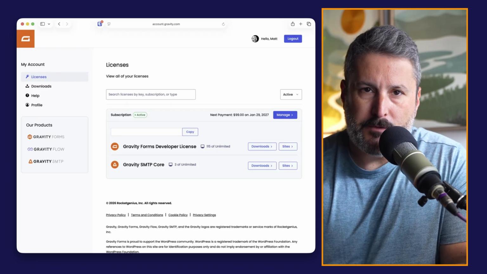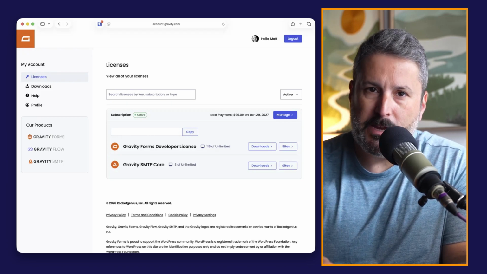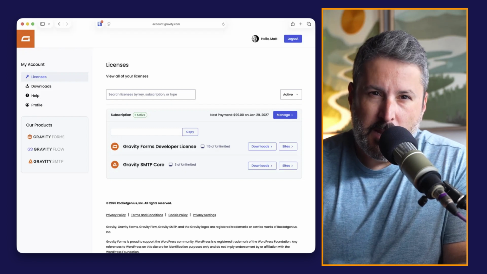And before we get to those updates, if you're an elite license holder, a developer license holder, or a nonprofit license holder, you get Gravity SMTP for free. You can download it right in your Gravity Forms dashboard by visiting gravityforms.com, logging into your account, and downloading the plugin to your WordPress website, and you'll get all of the great features that we're going to talk about today